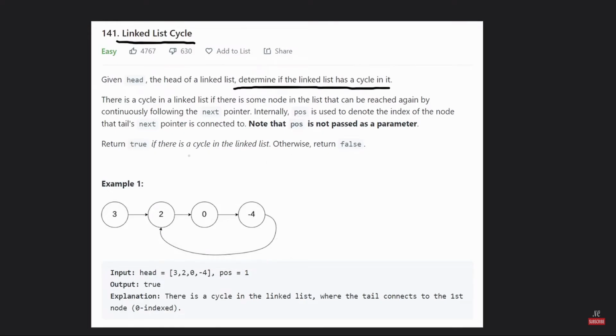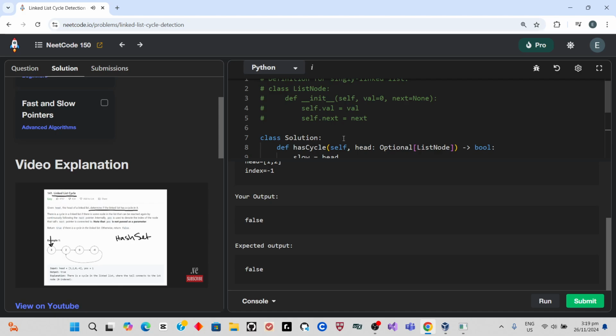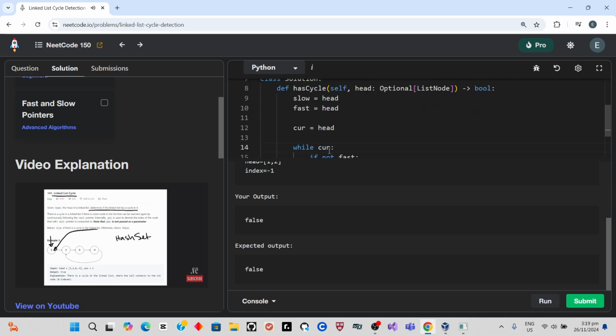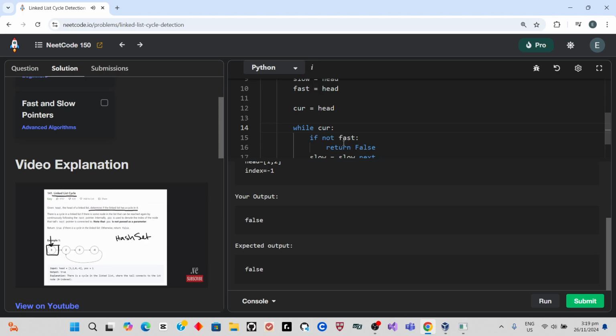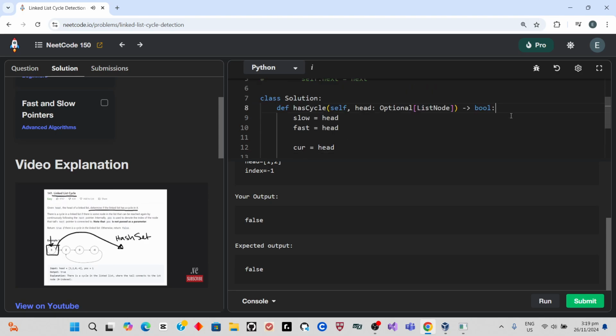So how can we determine if we're visiting the same node twice? Well, we start at the beginning like usual, and we maintain a hash map or a hash set in this case, where basically we take every single node and we take the node itself and add it to the hash set after we have visited this node. We don't add the value because I think in this problem there could be duplicates, right? Like the same value could show up multiple times in multiple nodes. So we don't want to detect a loop that way, but we'll take the node itself and then add it to the hash set. And I think you can do that in most